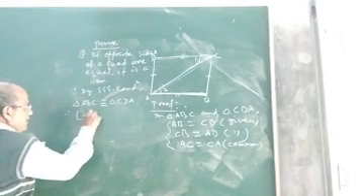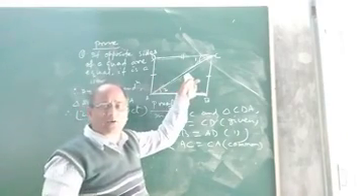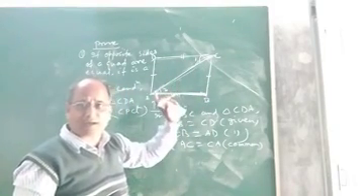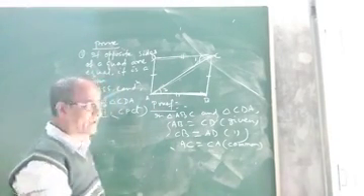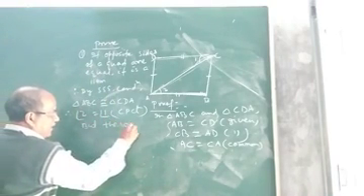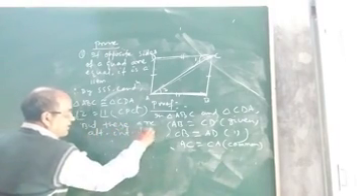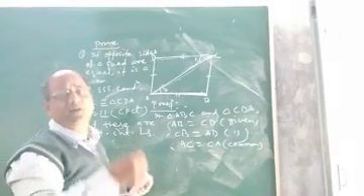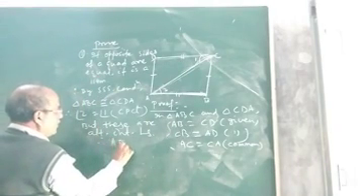Why? Therefore, angle 2 equals angle 1. What is the reason? The reason is simplicity: as these two triangles are congruent, the corresponding angles of the two congruent triangles must be equal. So angle 2 equals angle 1. But look at angle 2 and angle 1, what angles are they? They are alternate interior angles. So angle 2 equals angle 1 and they form a pair of alternate interior angles, which establishes that AB is parallel to CD. Therefore, AB is parallel to CD.